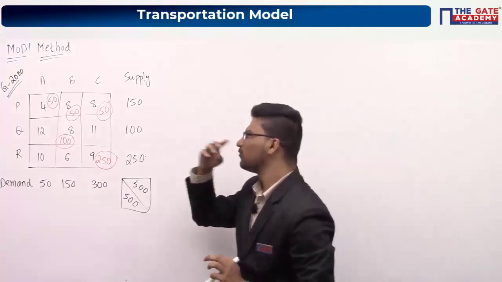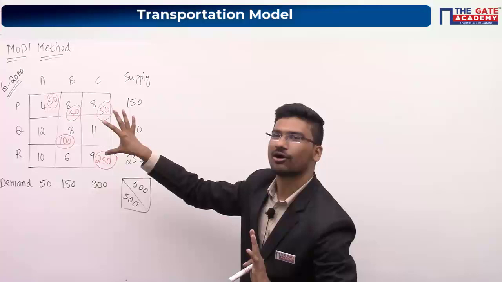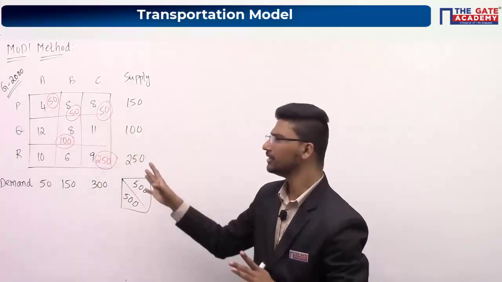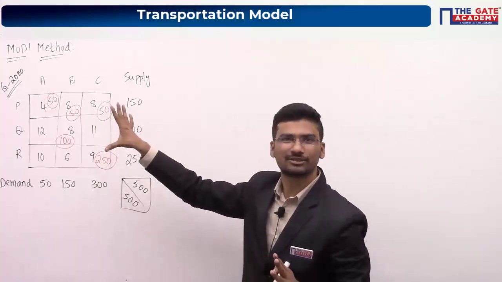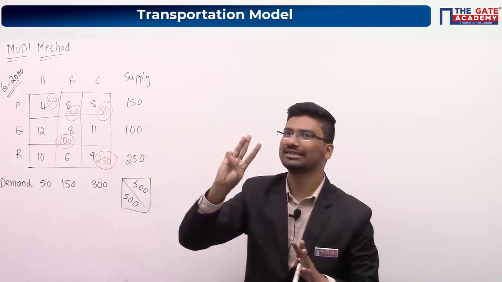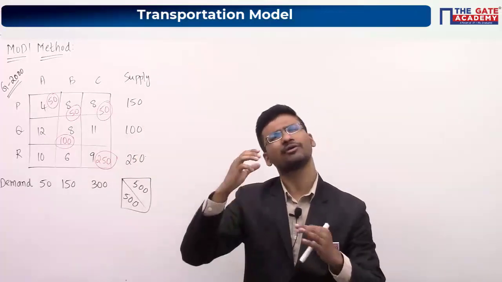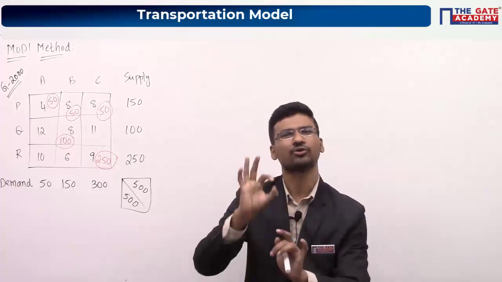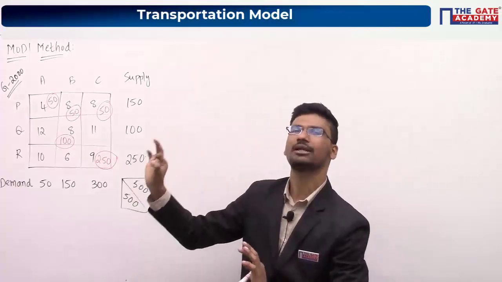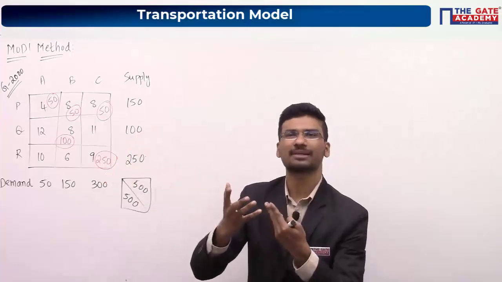So we don't know which method they used to get this solution. They have given you some initial basic feasible solution. We have discussed only 3 methods, like the NW method, LCM method and VAM method. But we have so many other methods to find the initial basic feasible solution, and we don't know which method they have used.